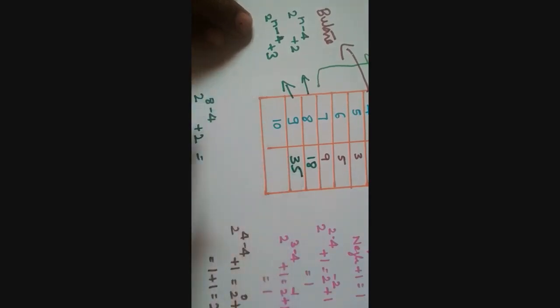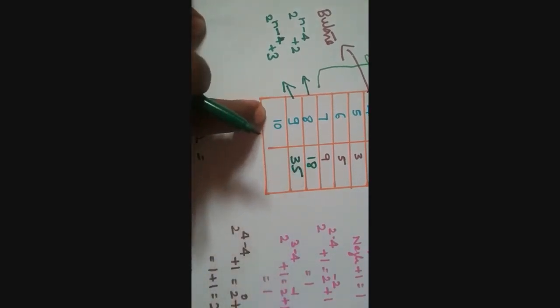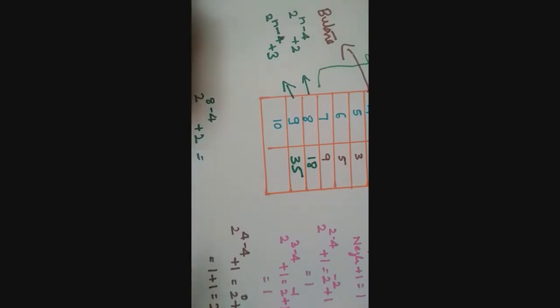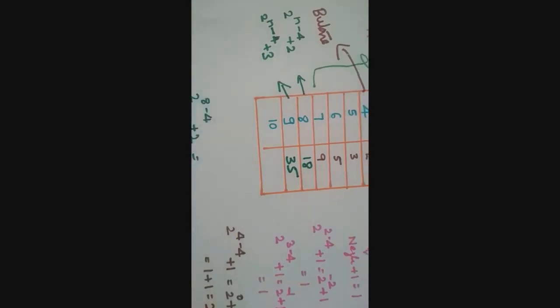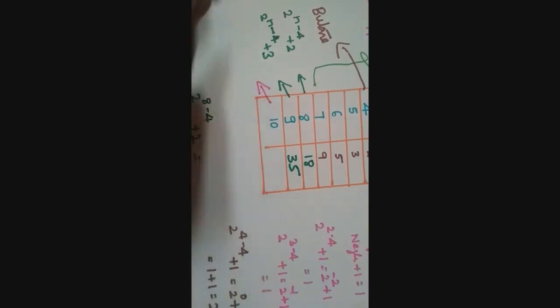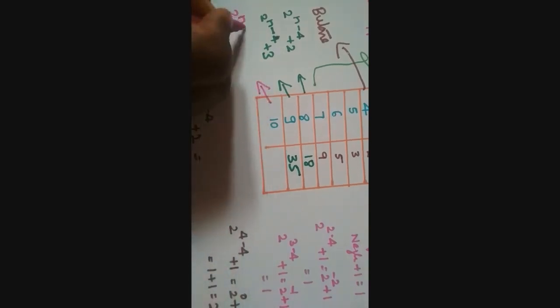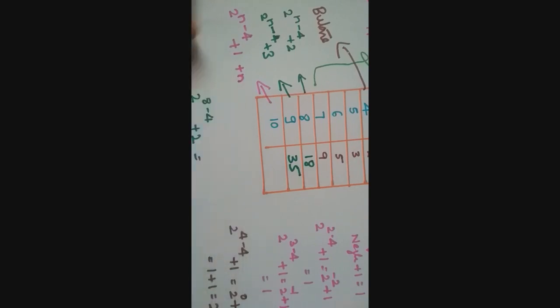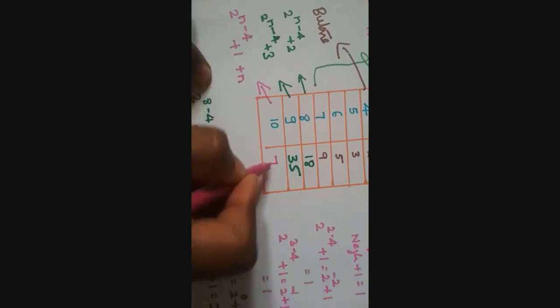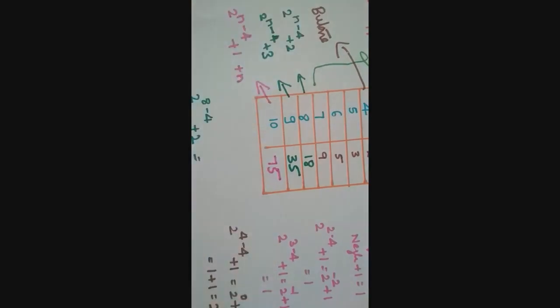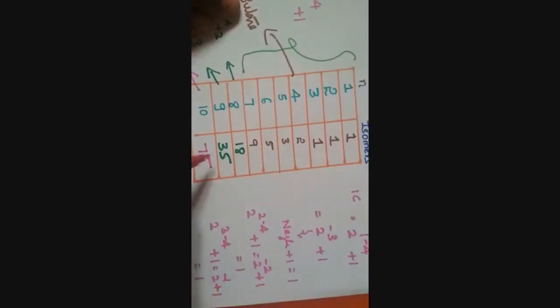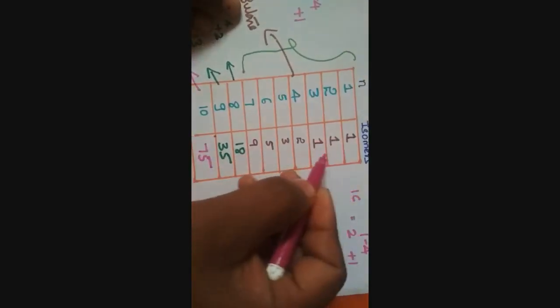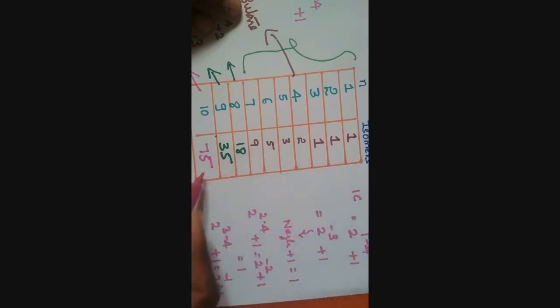When we come to the 10 carbon alkane, there is a very easy trick. You can use another formula. See students, don't get confused: 2 to the power of n minus 4 plus 1, similar to the first formula, plus n, the number of carbon atoms. You can substitute, then you get a total of 75. You can substitute and check, students. Or another trick is there: you can sum all these 9. You can sum this 1 to this, and you are getting the 75.